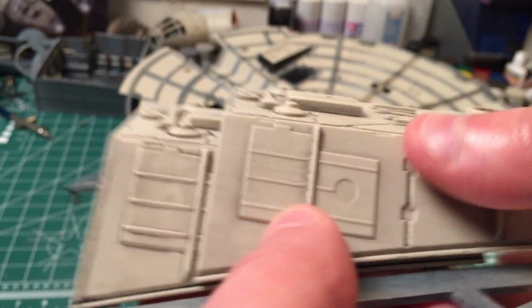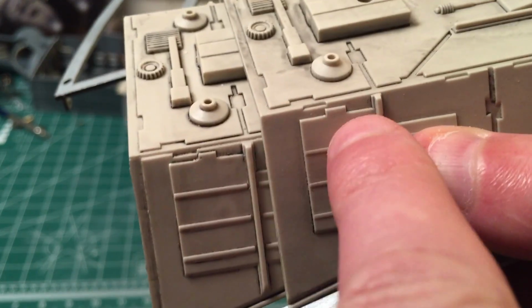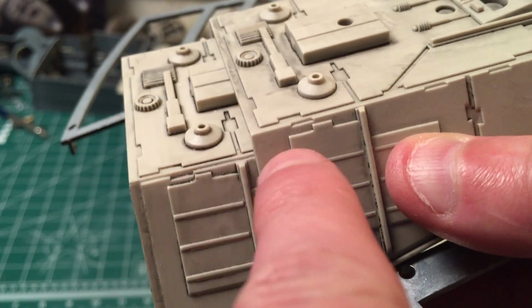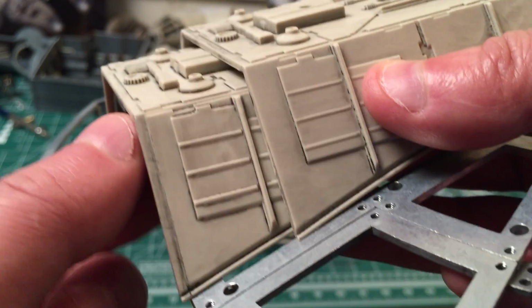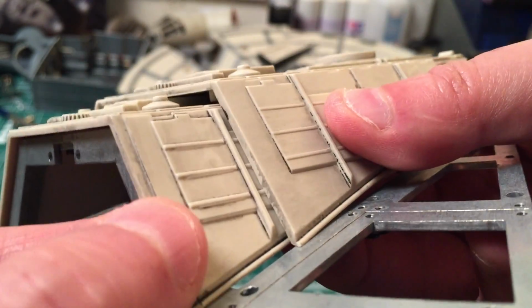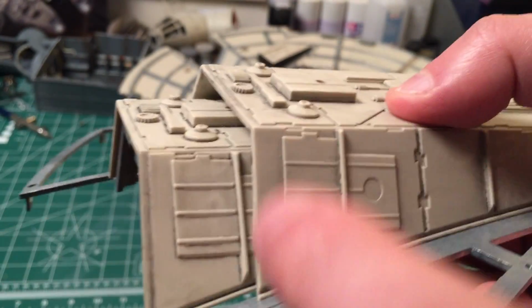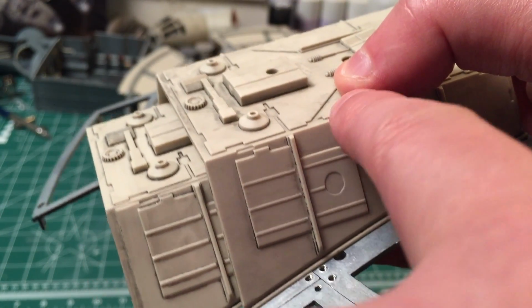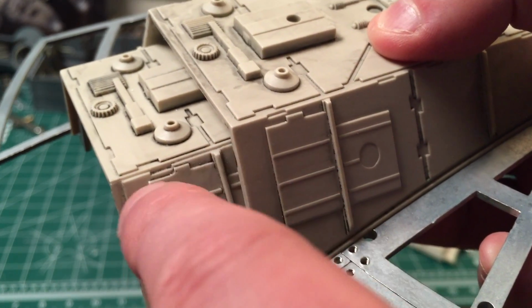I'm going to put these two panels together so that you can see the paneling is a little bit more correct on this one. Now, it was still incorrect in that I still had to shave down this side so that I could make this little indent here. And like the other side, here you can see the original panel, which doesn't have anything, and the side panels are incorrect, just along here, whereas here they are. You might want to freeze it so that you can tell what the difference is. But on the other side,